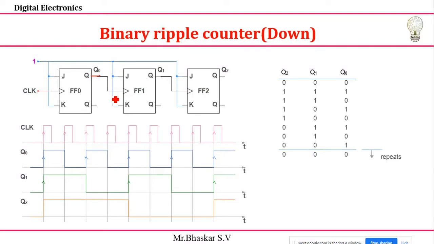Instead of connecting to the negative edge, I'm going to connect to the positive edge, because in this explanation I have to take the Q complement also. Just see how to analyze this connection. Same process: initially I take all the flip-flops as 0, 0, 0. So here 0, here 0, here 0. What are the outputs you have? Q0, Q1, Q2. Write the values here: Q0, Q1, Q2, and the initial values are 0 0 0. Next, what action takes place?